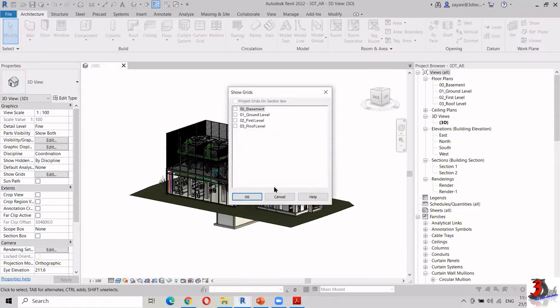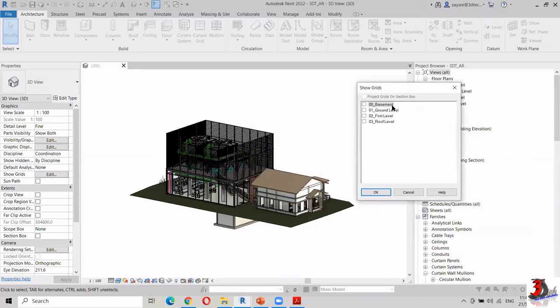If you click on edit, you can actually choose which grid you want to view. Imagine if they did not have this particular parameter, all the grids would be available here, so it would be quite messy. So what it provides is that you can choose which level of grid you want to view. This is only applicable for the host project, meaning the grids that you see here, basement, ground level, first level, and roof level, are all coming from the architecture model, which is the host project.